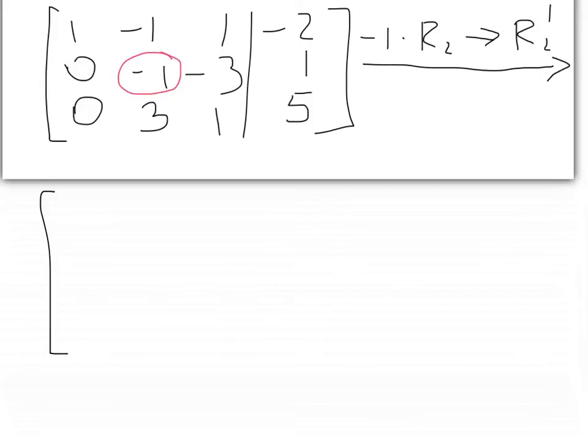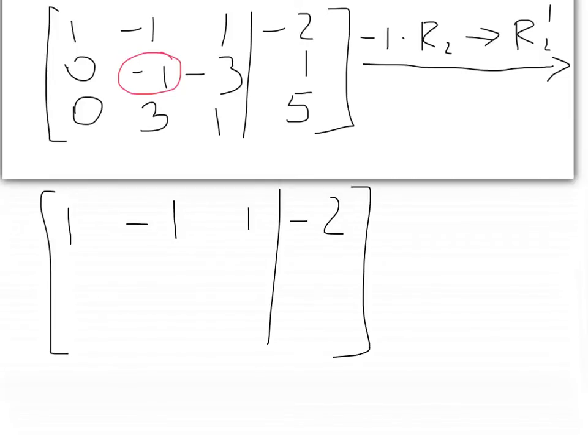What are you doing to row 1? Nothing, because your procedure only deals with row 2. So row 1 stays the same. You copy it down as it is. So you see how it's programmable into a computer? You just follow the procedures. Any step you make, you only care about the one previous step. There's no discretion involved. You just give yourself instructions and follow them. Okay,